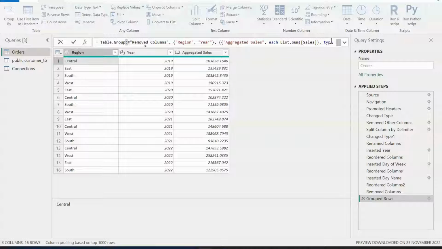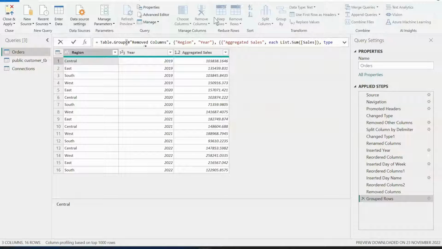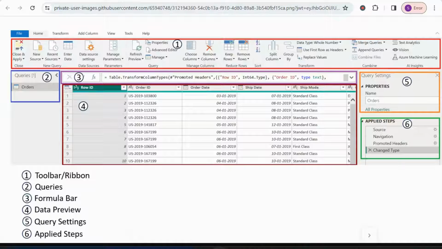So this is how the M code, or how Power BI, is able to display the right results based on all the transformations that we are making on this data set, and we are able to see the results in the output. Now let me go back to our